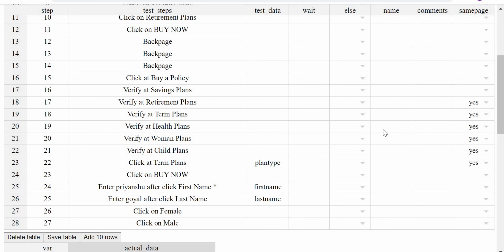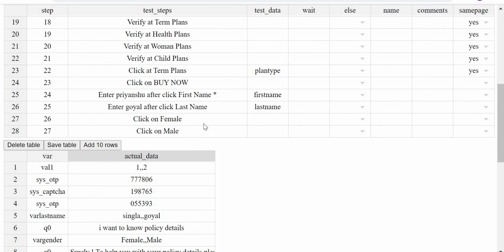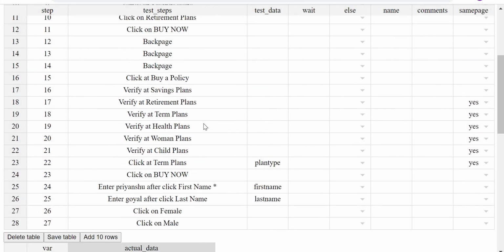In the smoke testing, we have actually gone ahead with term plans, right? Let us assume that we had done the entire thing. Now we want to do the very same automation for savings plans. Rather than creating it from scratch, what we can do is in term plans itself, because the flows are very much similar, why go about creating the entire thing again and again?